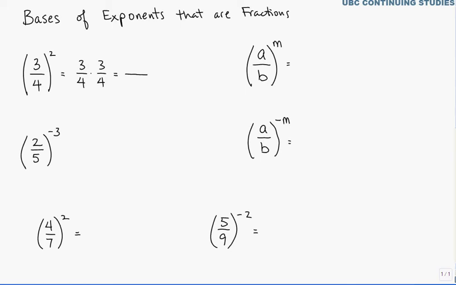On the top we have 3 times 3, which of course is 9, but if you write it with an exponent, it's just 3 squared. And on the bottom we have simply 4 squared. So what have we done? We can think of applying the exponent 2 to both the numerator and the denominator. Now after that, if you want, we can simplify it further and write it as 9 over 16,